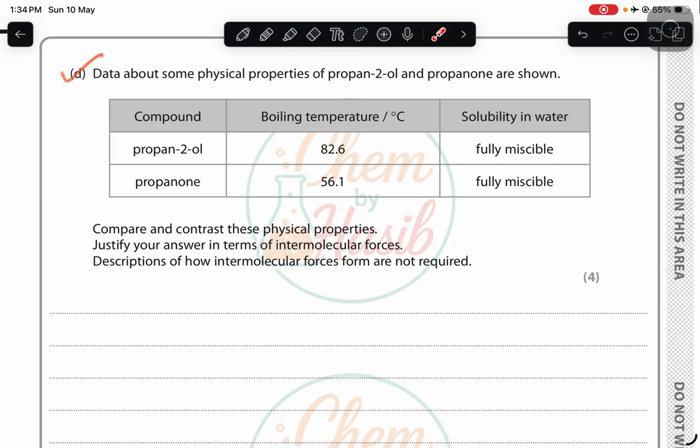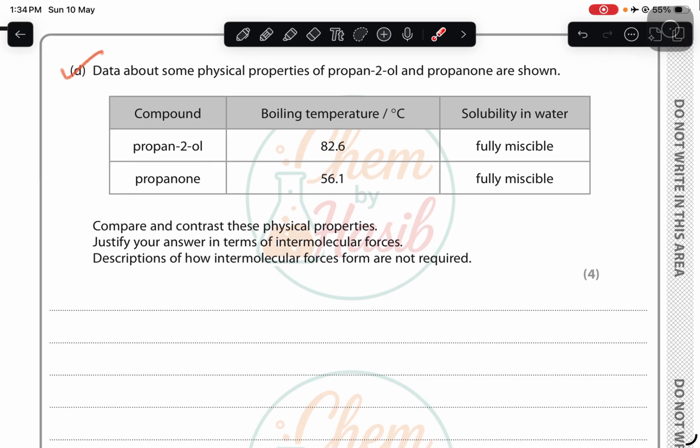Now, propan-2-ol and propanol have very different boiling temperatures because propan-2-ol is able to form hydrogen bonds with each other, right? Whereas propanol is not able to form hydrogen bonds with each other, because propanol doesn't have OH in it, right? And that is why propanol has London forces and permanent dipole forces. Propan-2-ol has all of the forces, and that is why propan-2-ol has the higher boiling temperature, and hydrogen bonds are stronger than the other types of intermolecular forces, right? So one point that you can write here,